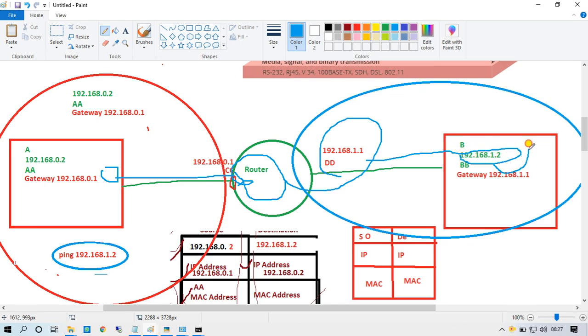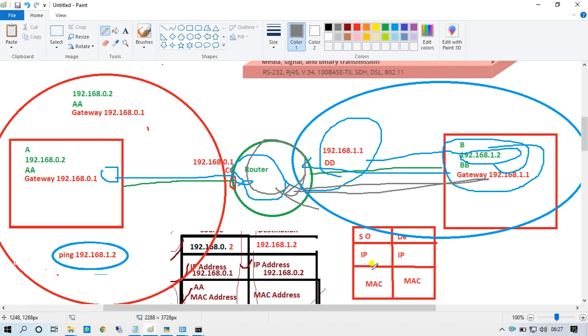This gateway system sent an ARP reply to the router. The router created an ARP table, and after the ARP table it replied to the network.